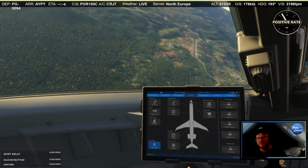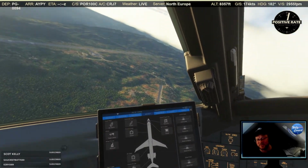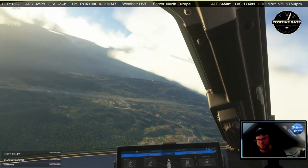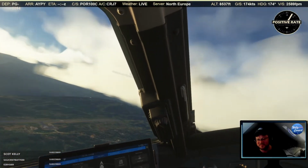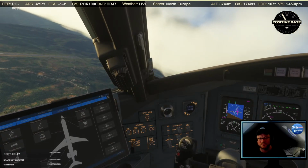And we should get a view of the airport. There we are. There's Komo. There's actually a little smaller airport there, which I think is called Komo Mandi. I just find it so interesting that you've got two airports so close together. But I think that was the original airport for...